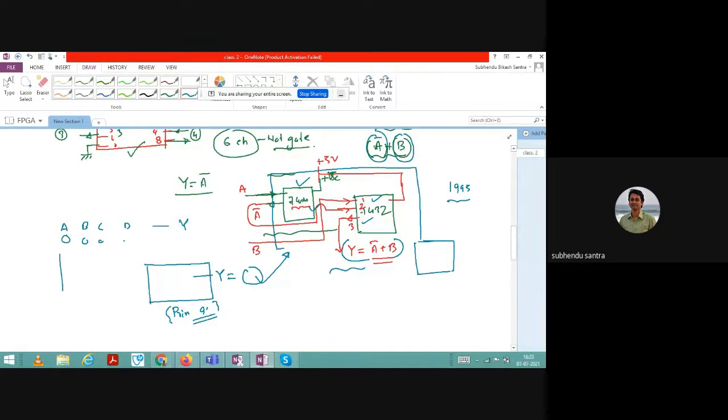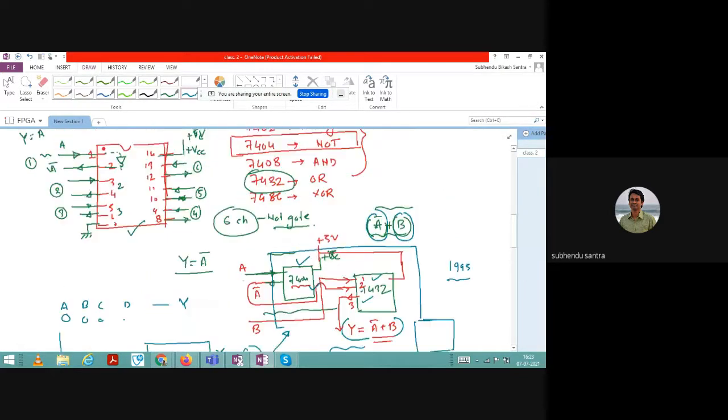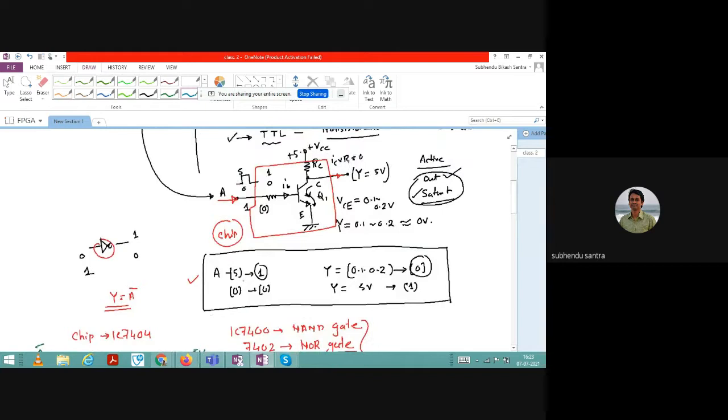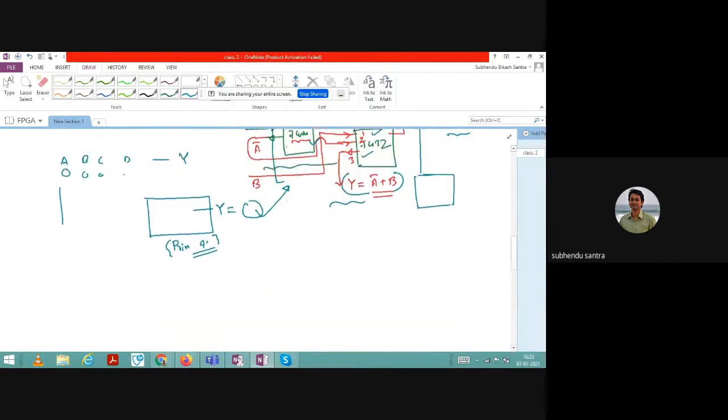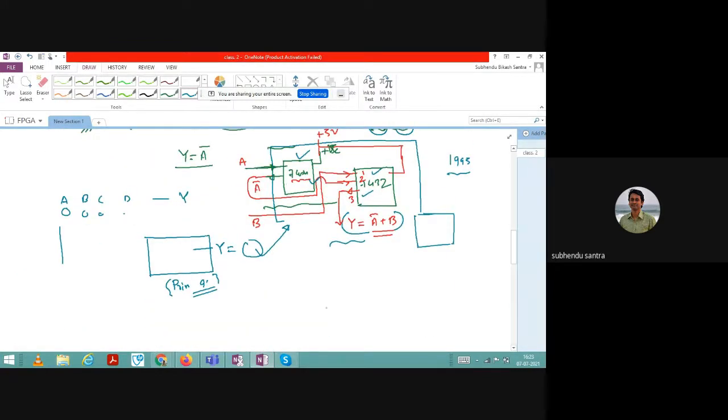So what is the solution? You can already understand that these logics are basically transistors. This logic that I can generate is actually from the transistor. So people started to think, can I go for a system where I have a lot of open-ended transistors? Let us say I gave you 100 transistors. You take these transistors and you design the circuit.